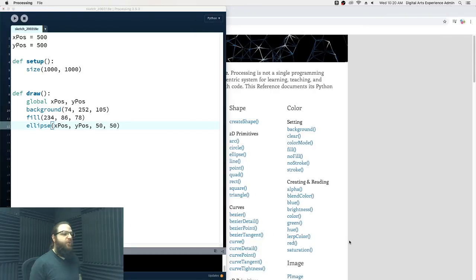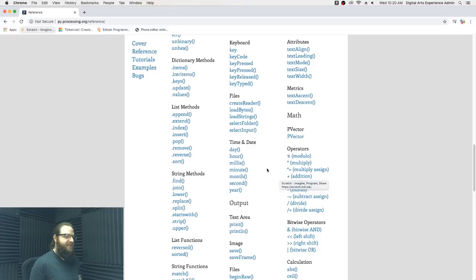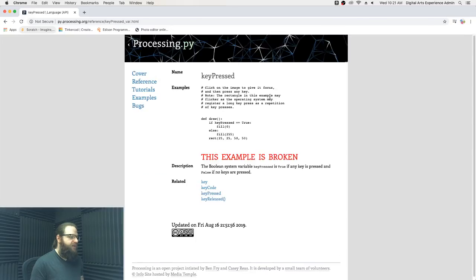Let's take a quick look at the different functions that we have in our documentation about how we can deal with keys. So there's a section called keyboard, and there's a few different functions. We've got key, key coded, key pressed, then key pressed as a function, key released as a function, and key typed as a function. So we're going to first look at key pressed, then we're going to look at the key pressed and key released functions. Okay, so key pressed